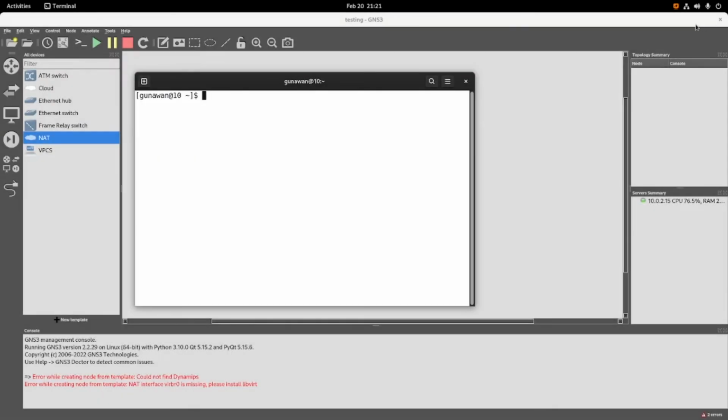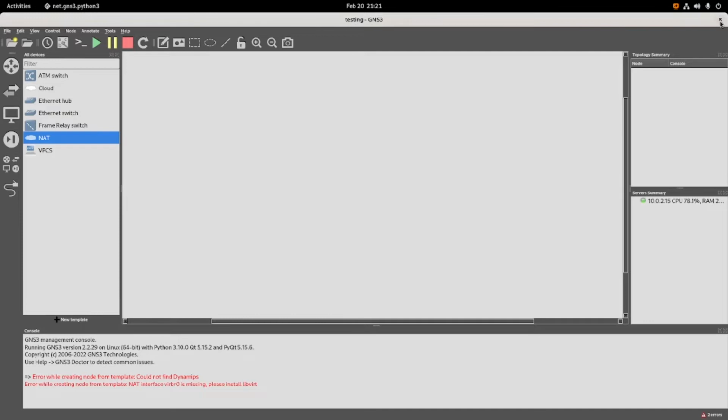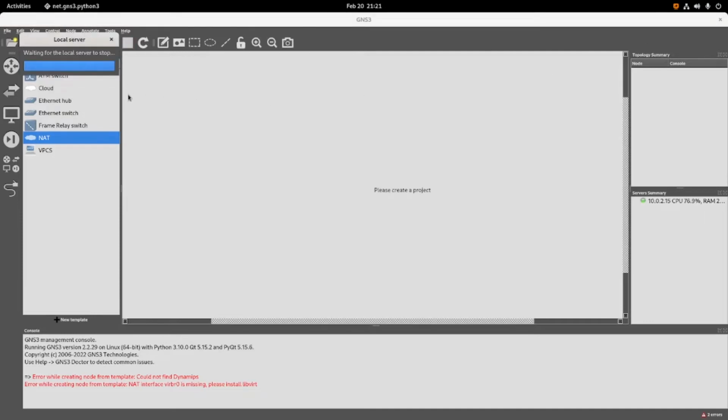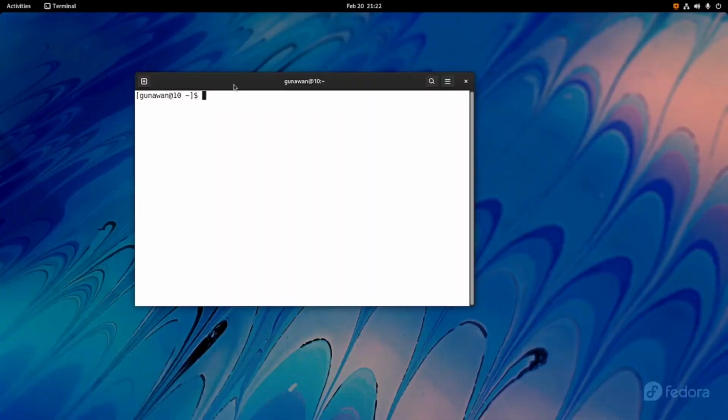Okay, we will restart our GNS3. One more thing before we restart GNS3, we need to check if there is any GNS3 service running in the background.